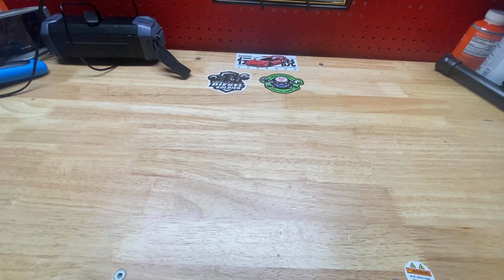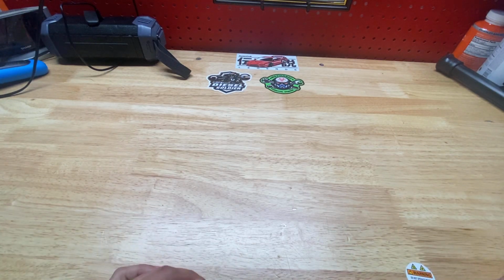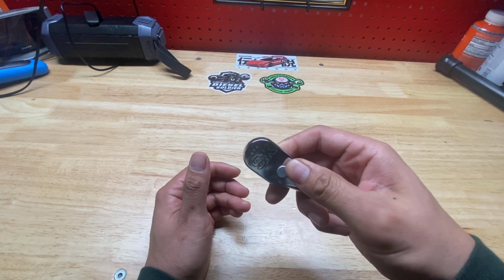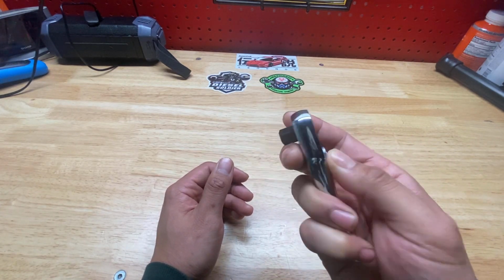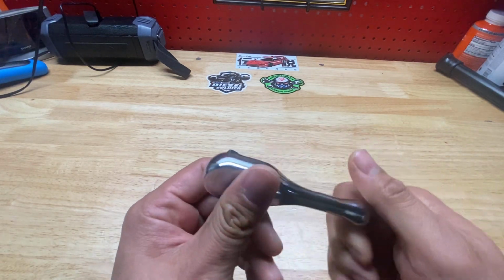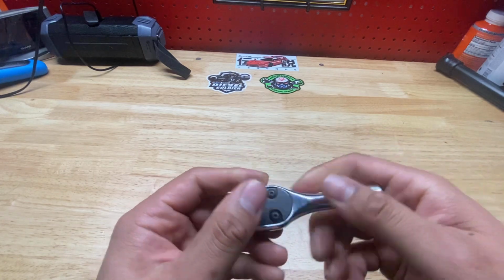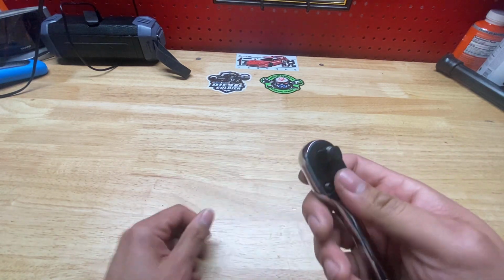All right, guys, so the first item in this tool haul is going to be the 3/8 drive SK ratcheting wrench. Lately, I've been collecting ratchets, and it's kind of a tool addiction. I already have the Snap-on version of this, at least the flex head mini or stubby ratchet. And the part number for this is going to be 80280, and that's the SK